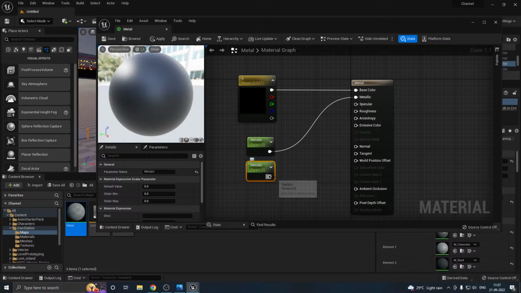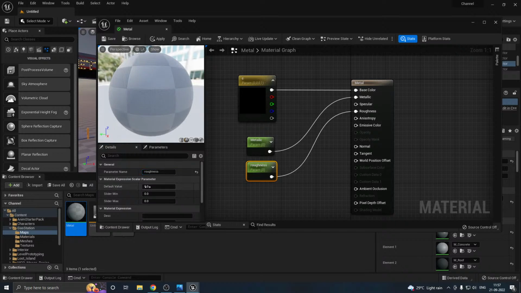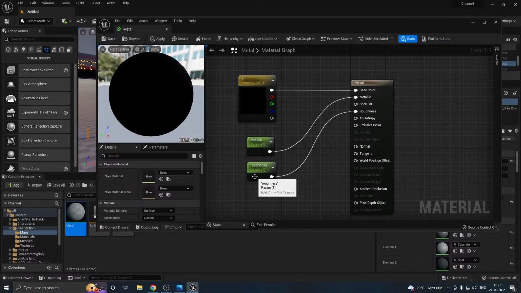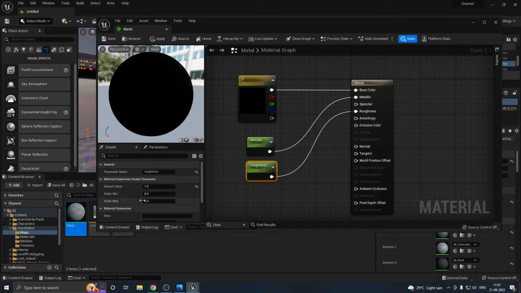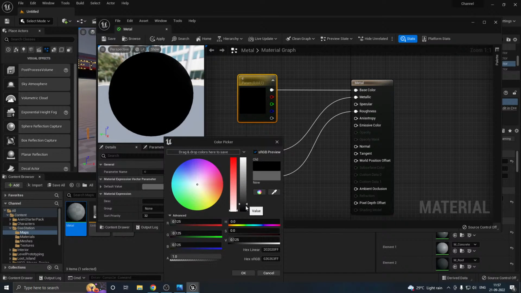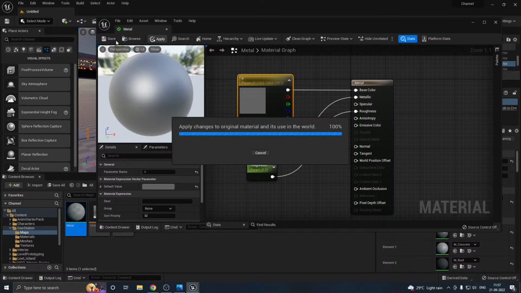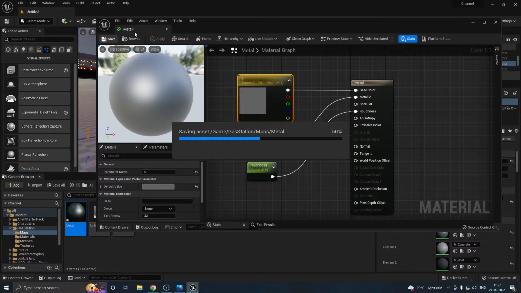Duplicate for the roughness. Default value 1 for both. Okay, I'm gonna change the roughness value to 0.5 and the default color. Okay. Then apply, save it,